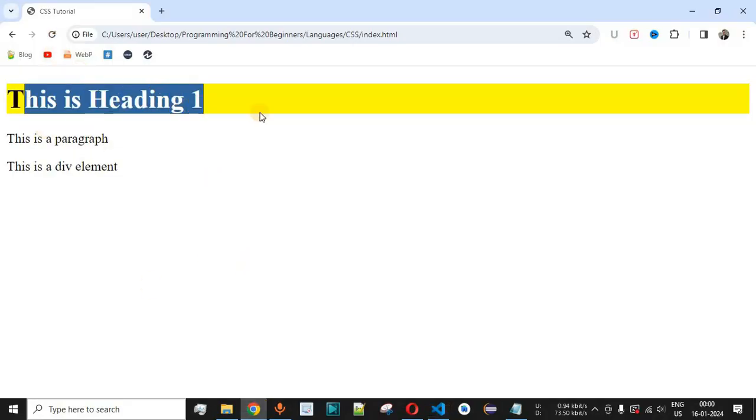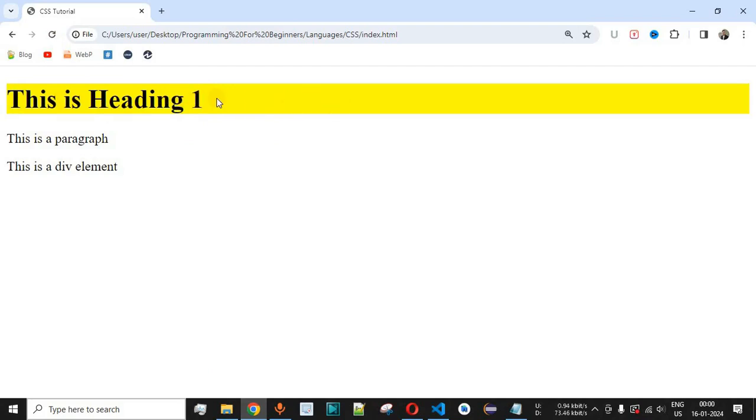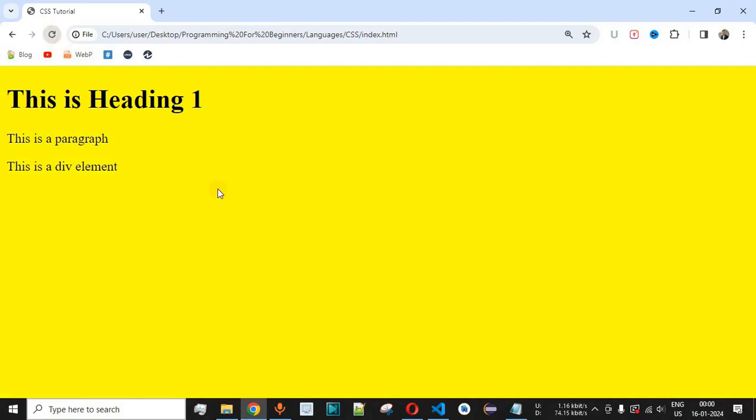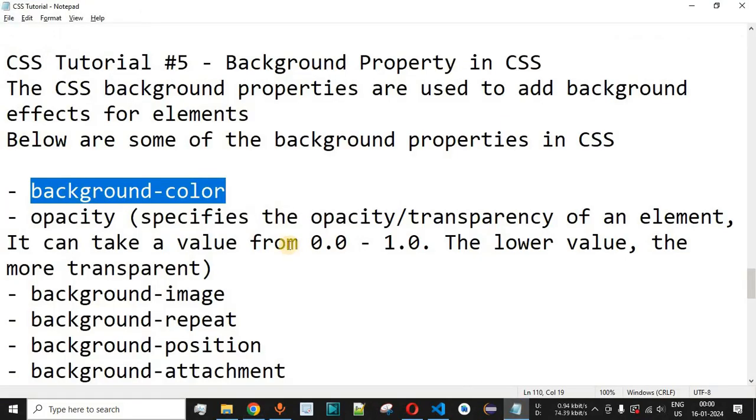So as you can see, this is the way that we can provide the background color to any HTML element. We can provide the background color to the entire body of the web page as well. Instead of having this h1 selector, we can simply provide the body tag, and the same background color, that is yellow, will be applied to the entire body. Let me just save this file now and try reloading this page once again on the browser. So as you can see, this is the color that is being applied to the body with the help of the background color.